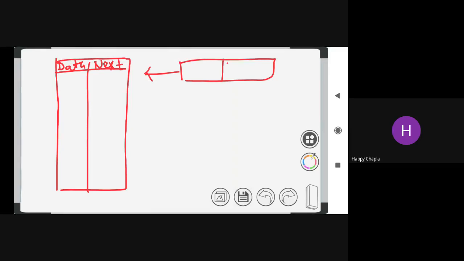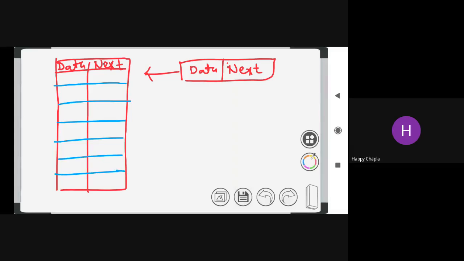Here this one is my data part and this one is my next part. Now if I want to store hello in the node, first I'm storing the h over here.